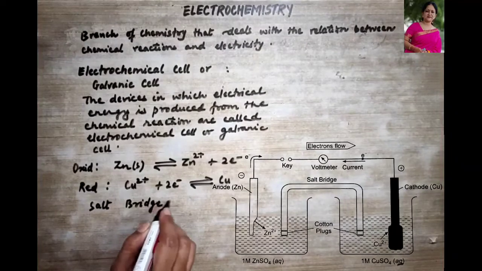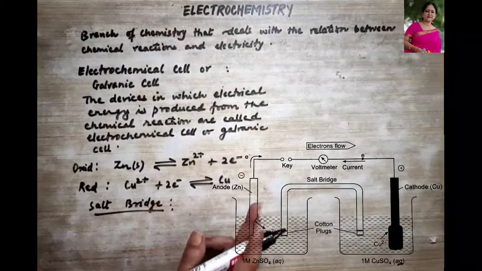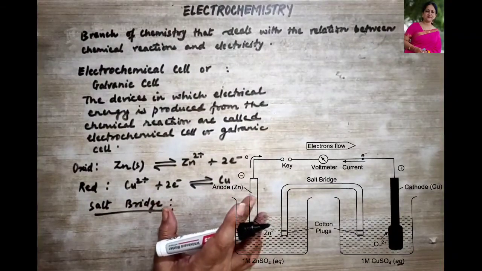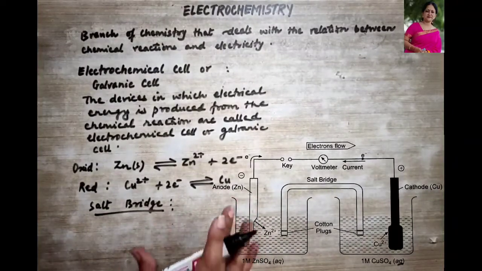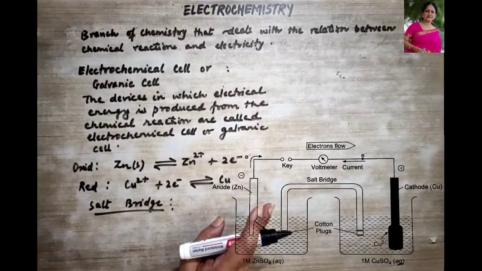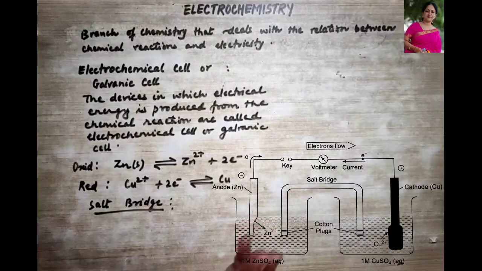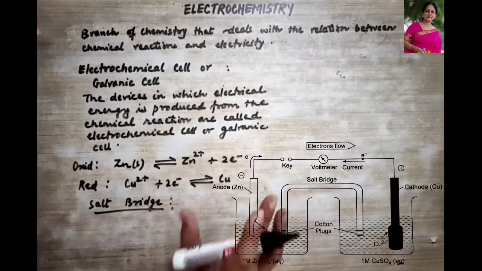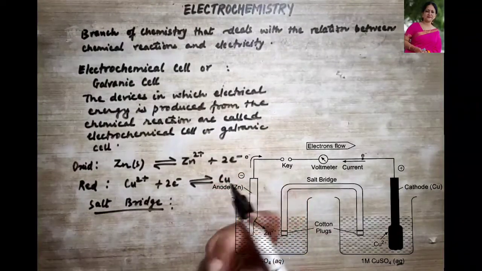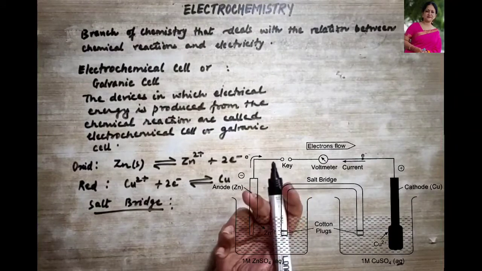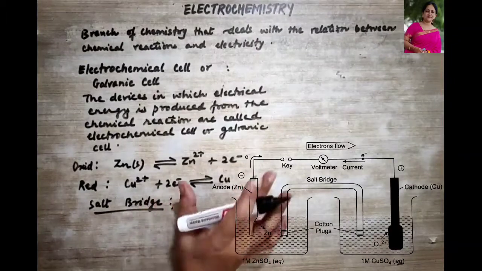Now coming to that word salt bridge that I had said. What does this word salt bridge mean? A salt bridge is usually used to connect the electrodes of a galvanic cell. It consists of a gel drawn into a clean U tube. If you can see the U tube over there, it consists of a gel, right? And this gel is formed by adding agar-agar into boiling water containing an inert electrolyte like KCl, as the ionic conductance of potassium ion and chloride ion are almost the same, right?